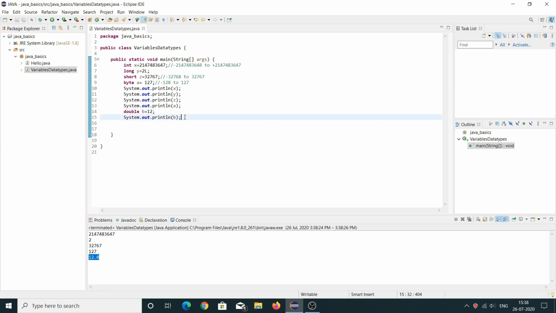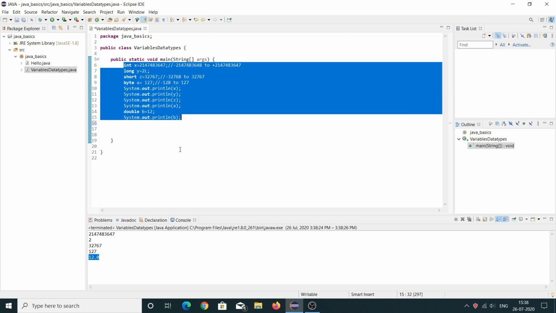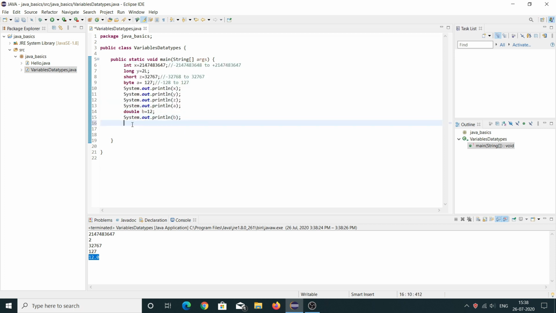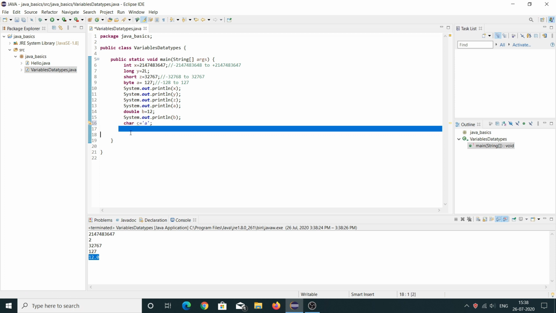Now to print characters on the screen, we can't use any of these data types. So we have two data types. First is char, we'll see, that will store only a letter. Char can store only a letter. I'll print this too on the screen.